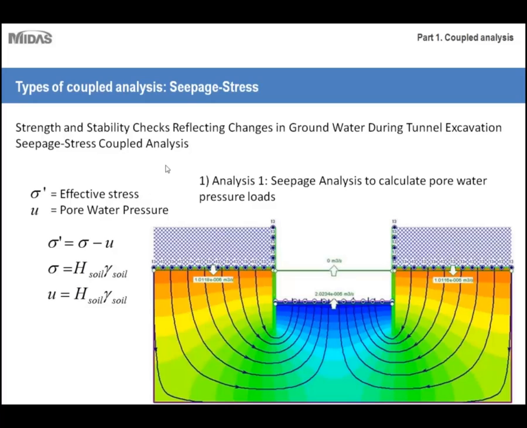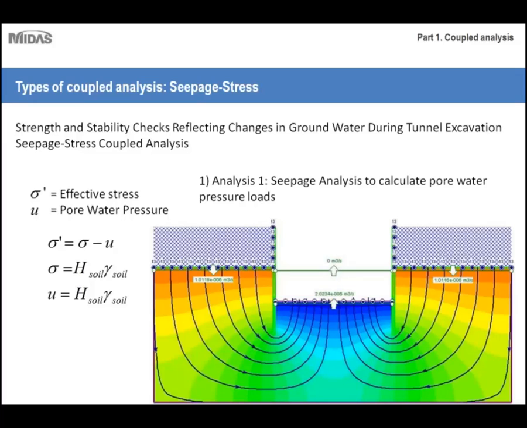Okay, and here's another example of our coupled analysis. So this would be a seepage stress analysis. Essentially, a seepage stress analysis is first a seepage analysis to analyze the effects of pore water pressure, followed by a stress analysis to analyze the effects of that pore water pressure. This time, instead of a slope, it would be, in this case, an embankment, a retaining wall, a pile foundation, those sorts